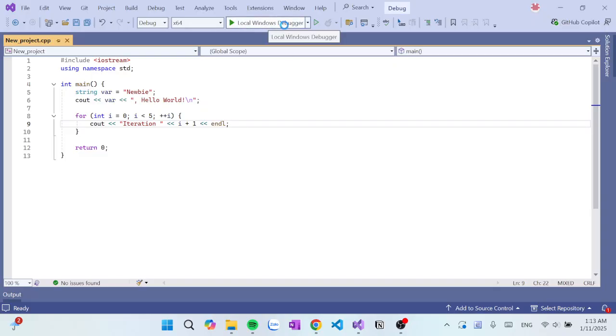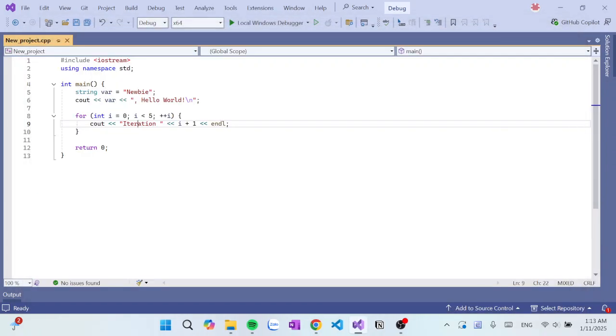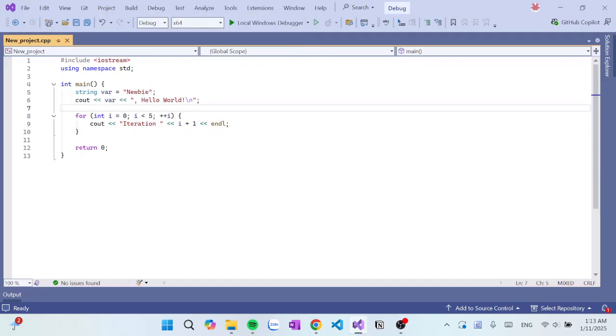You just need to click on it and it will run with the debugger. The second way is to click on Debug here and then Start Debugging. And the third way is to press the shortcut key F5 on your keyboard. So that's how you open the debugger.